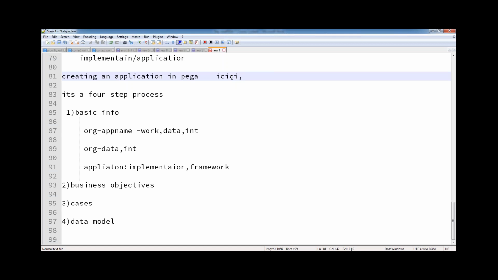ICICI wants to build separate applications for personal loans, car loans, and home loans. Let's assume. ICICI can directly create three applications like this.